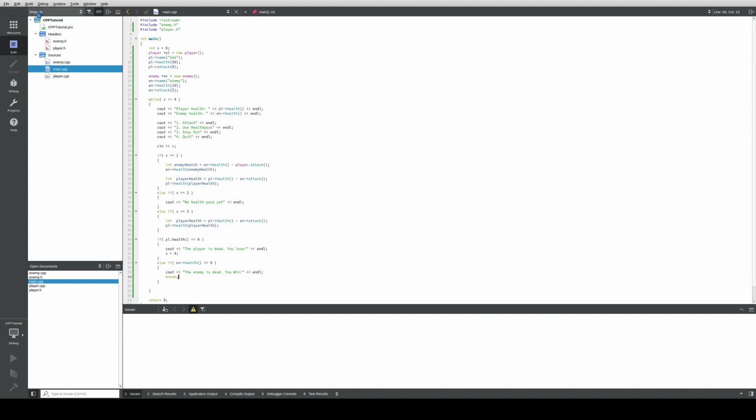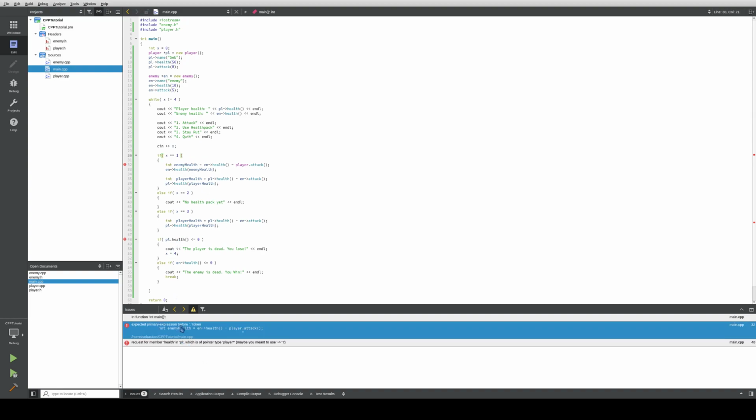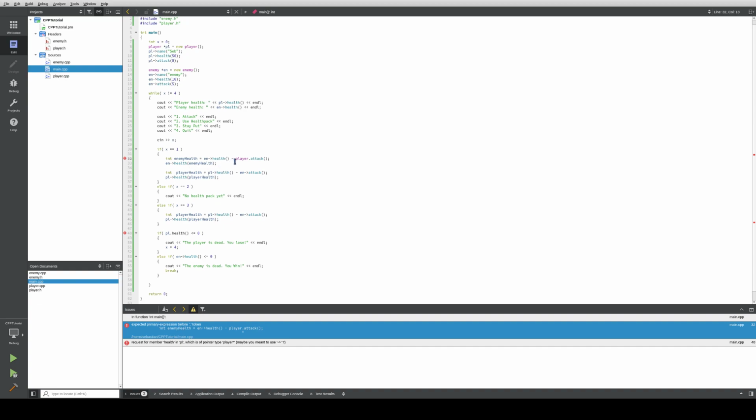So let's see what happens if we build. Oh, I'm missing something here somewhere. If X equal 1, primary expression before token. Oh yeah, I have player.attack. I'm not allowed to do player.attack because player is a class object, not the object itself. So I need to do this PL. So if I save now,